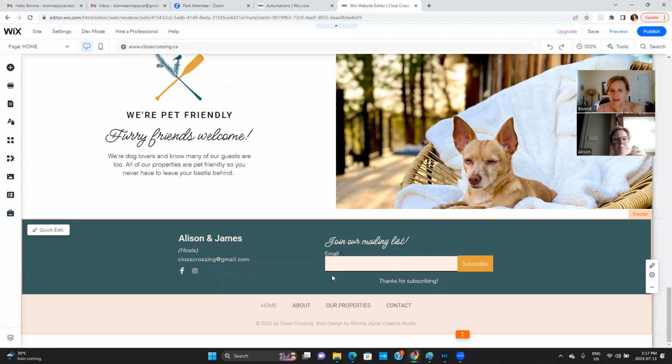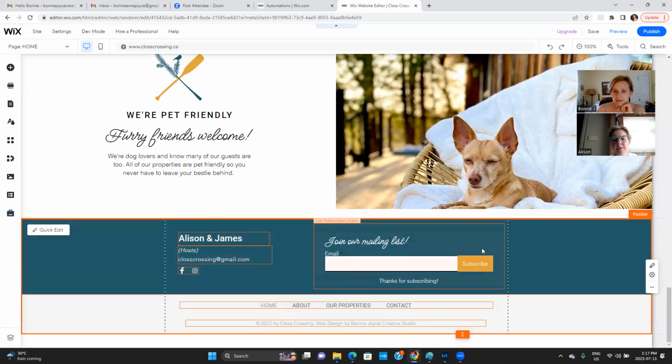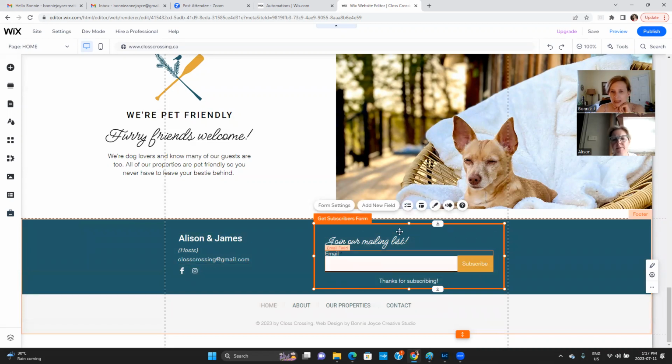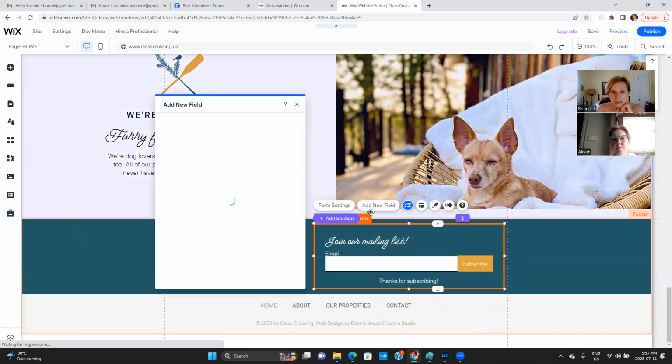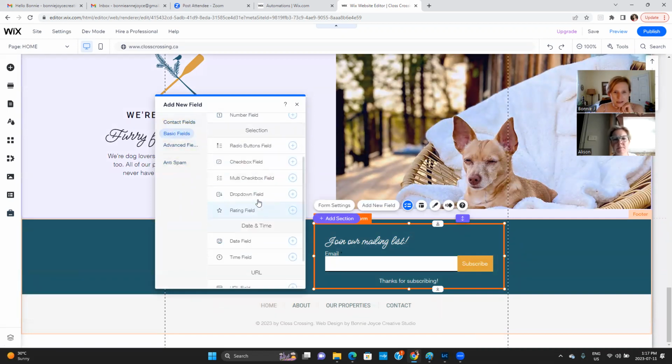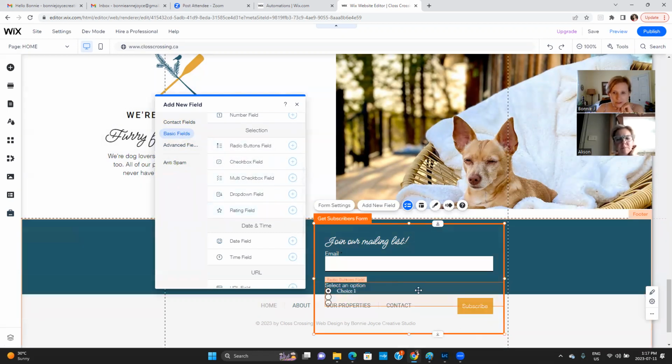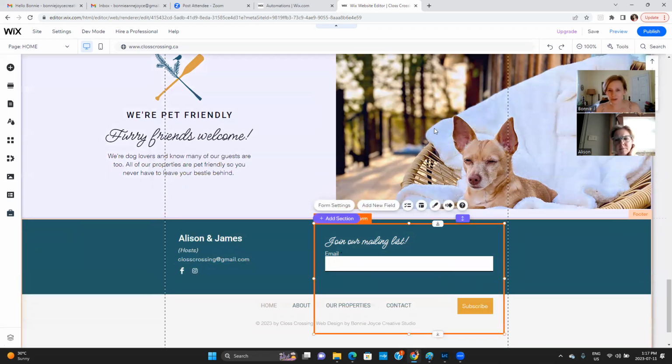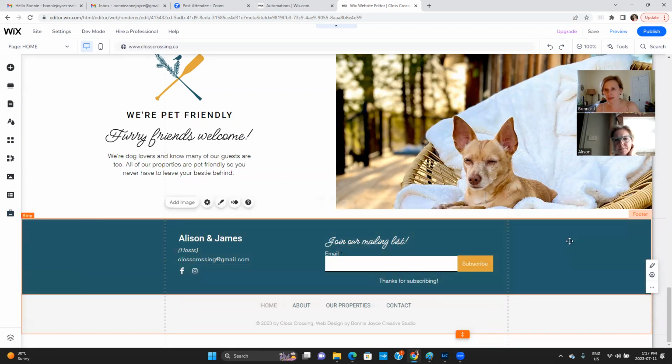Like we could add a bullet point, like, are you interested in Airbnb? Are you interested in being a mentor? You could add something that you wanted, because this is a little form. If I click on this, see it's a little form, and anything I put in here, I can add new fields. I could add in the basic fields here, like a little checkbox field or radio buttons, that kind of thing. So there are lots of different things that you can do with these forms, but maybe start with that automation and see how that works for you.